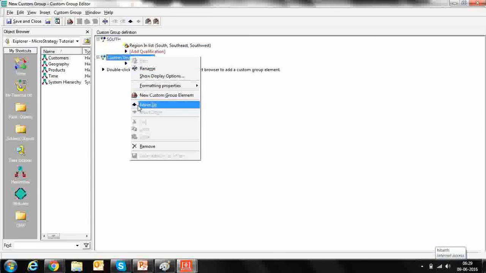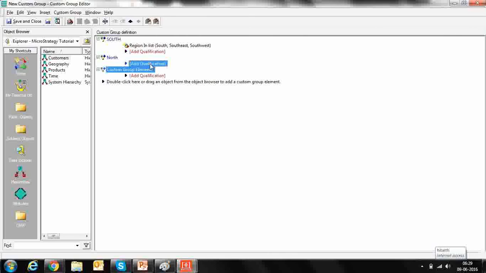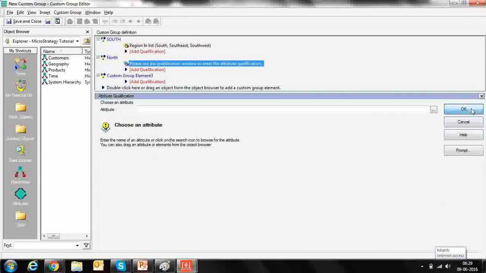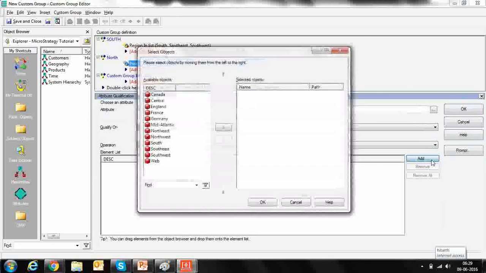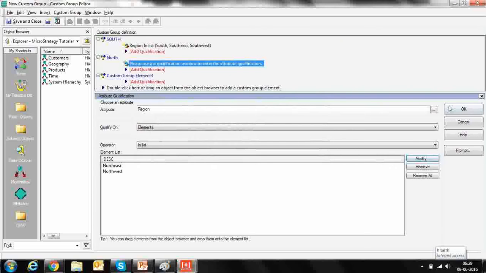I have to form another element, which can be called north. Now click on add qualification over here. The same attribute you have to choose, region. Now what you have to do is select northeast, northwest. Click on OK.